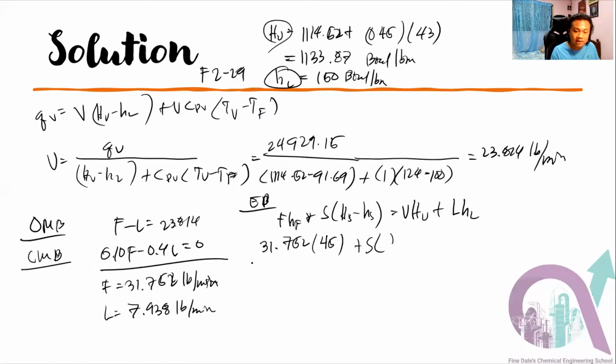Okay, you will get your S to be 28.489 pounds per minute, or transform that to hours. So you have 1709.35